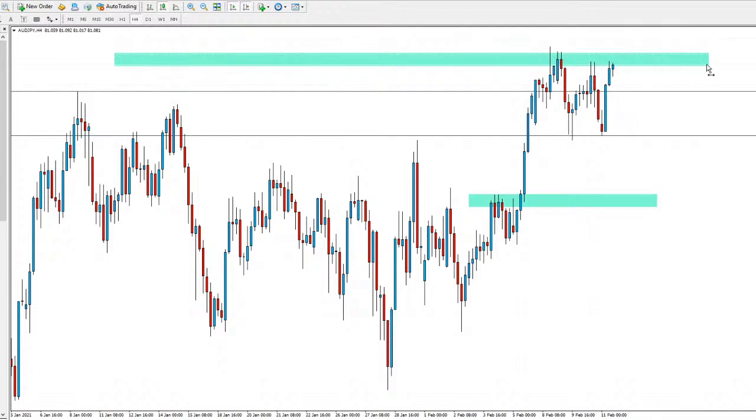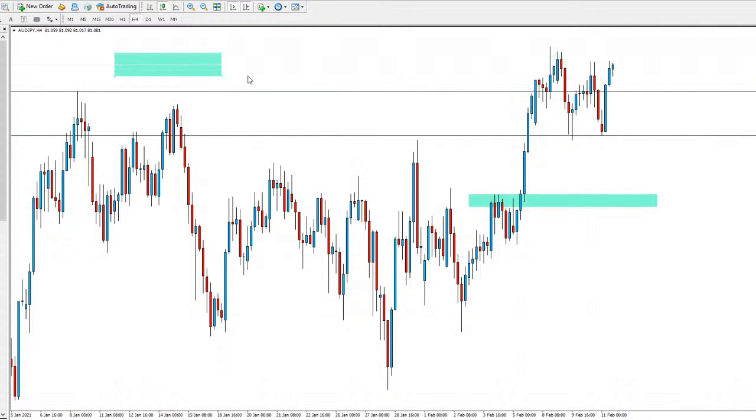So again, there is a possibility we could just be getting a range here for AUD/JPY, rejecting those same resistance and rejecting that same support. So it could just be getting a range here and eventually see price break out to the upside or to the downside. And again, I don't really want to be staying in the trade for that long to find out. So again, wait for the opportunity.